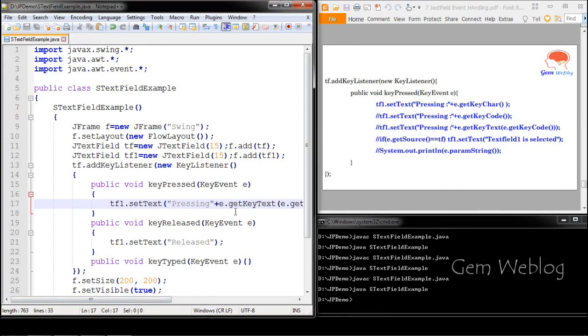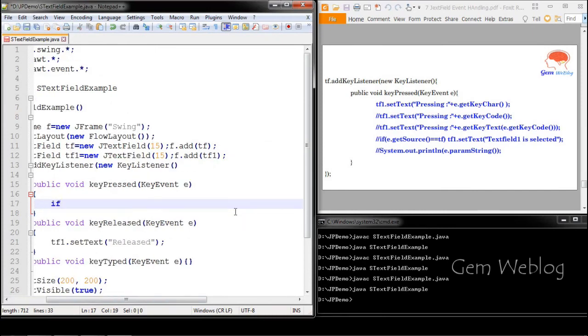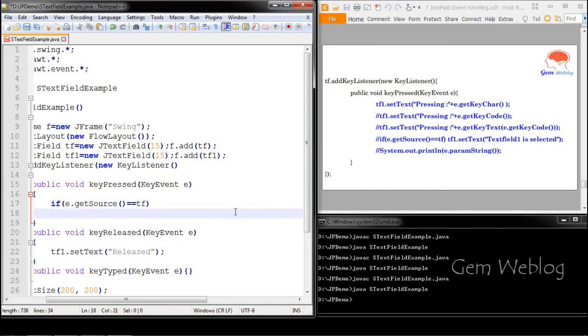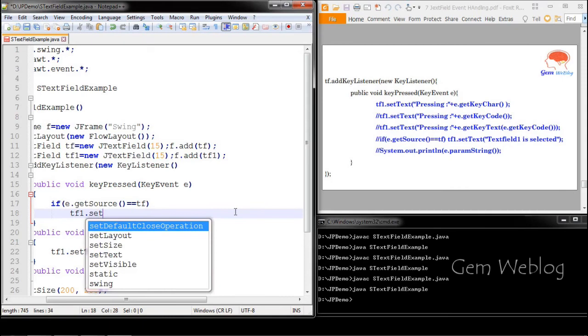Now if you want to get the source, meaning which text field the event came from, suppose e.getSource equal to tf, I am setting it to text field 1.